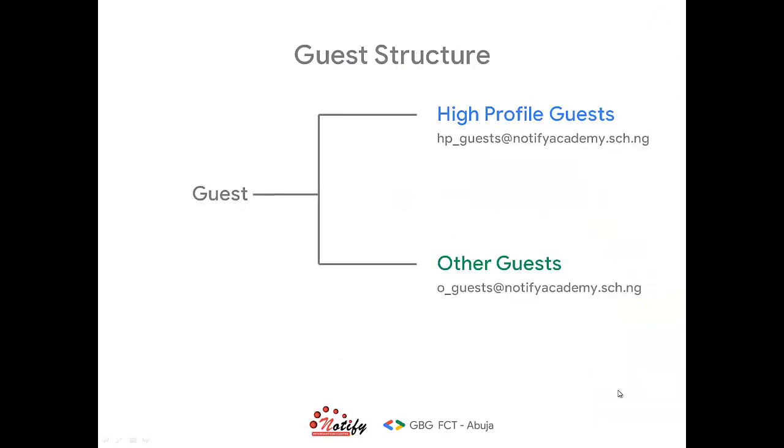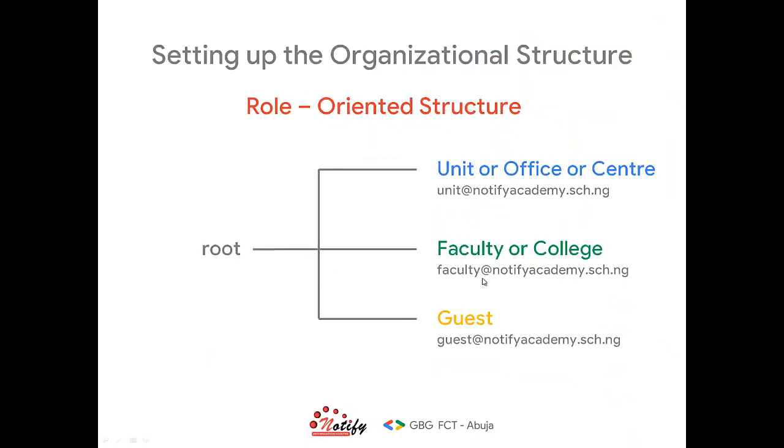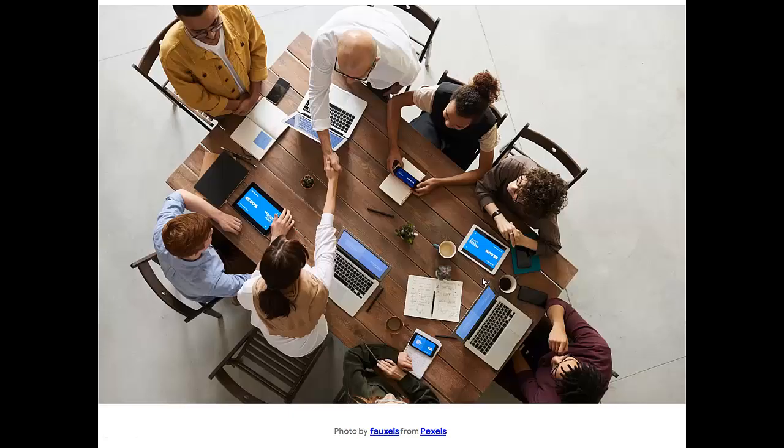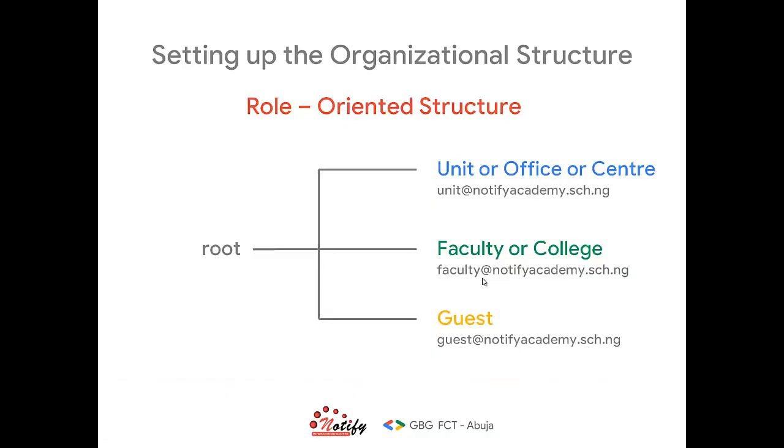right? Then the other one is the guest structure, where you have something like this for the guest. I prefer guest just for you, in case you want to have different policies for them, and also for other guests. So this is more like the basics of the structure. I want to show us how we can get this done to create this, and